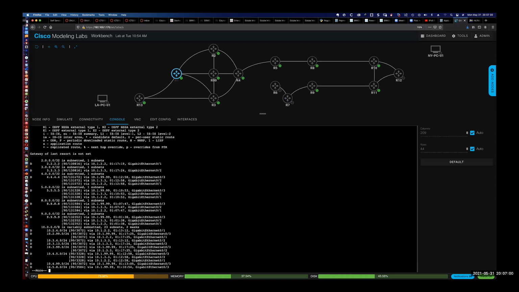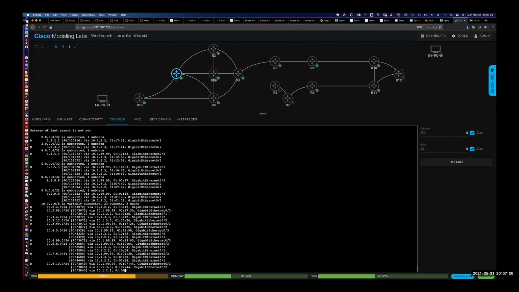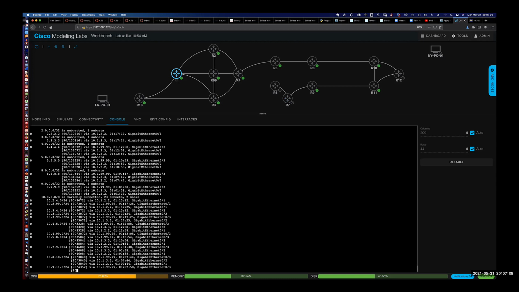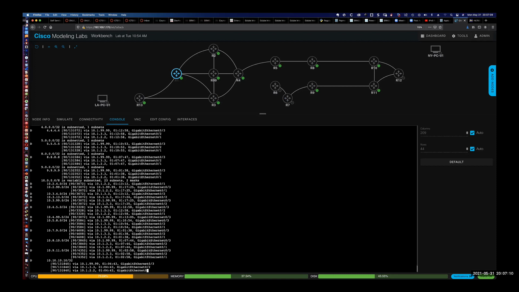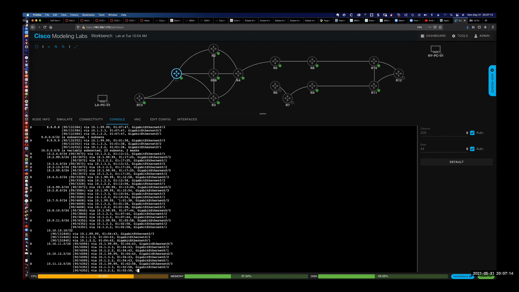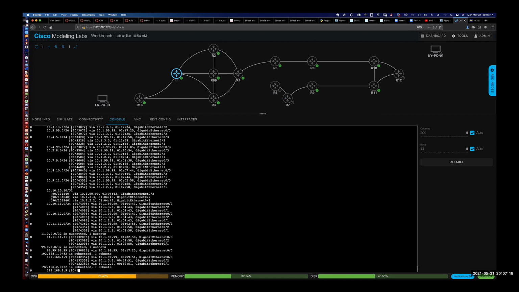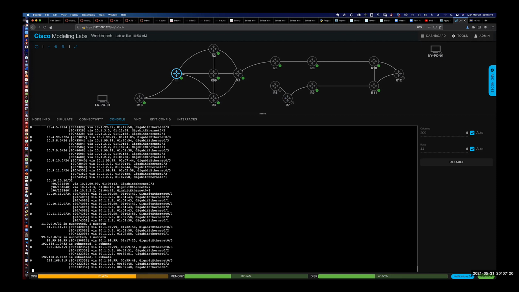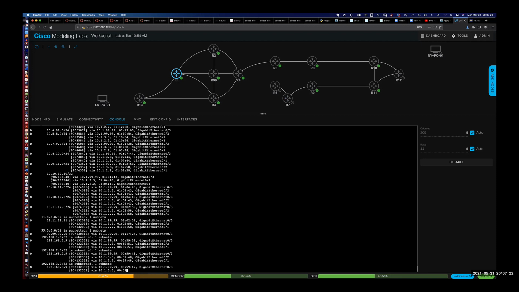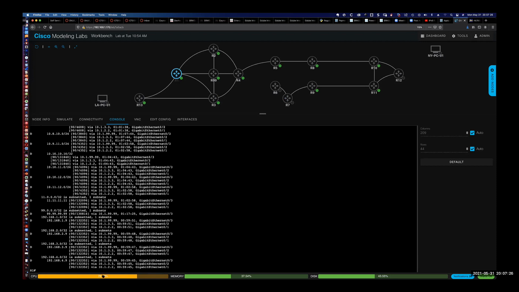And so you can see we have all of the routing information here, but we don't have anything for router 13, right? Because we haven't configured router 13 yet. Now, you'll notice in some instances, and the loopback address for router 9 is a good example of that. And we'll let this finish running here. And again, this is a little slow. It's a virtual machine. You can see down here, it's actually chewing up quite a bit of the CPU